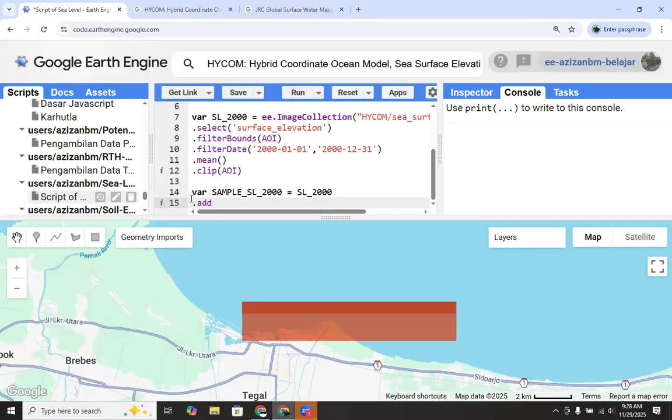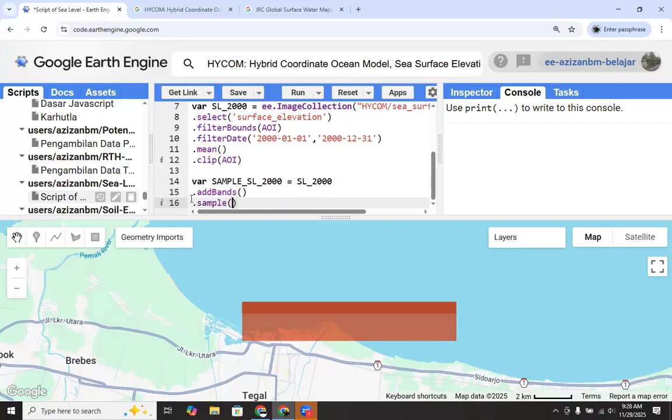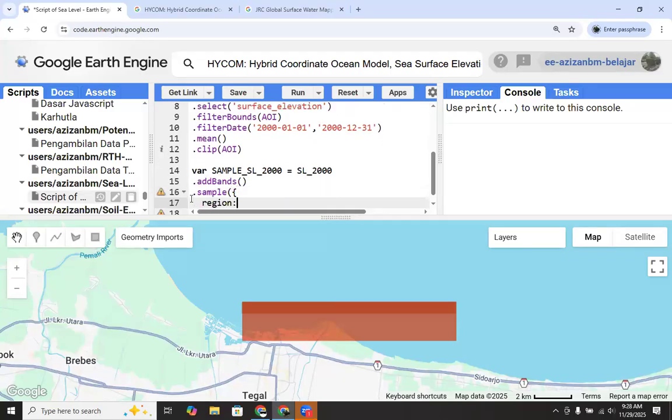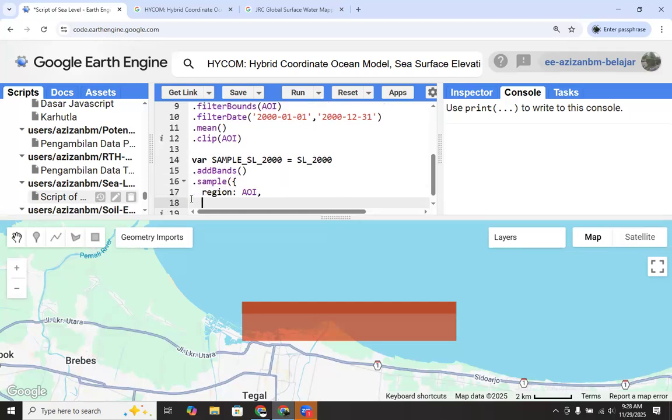First, we have to sample the sea level of the year 2000. And then we define the resolution. Let's say we want to have a resolution of 100 meters.